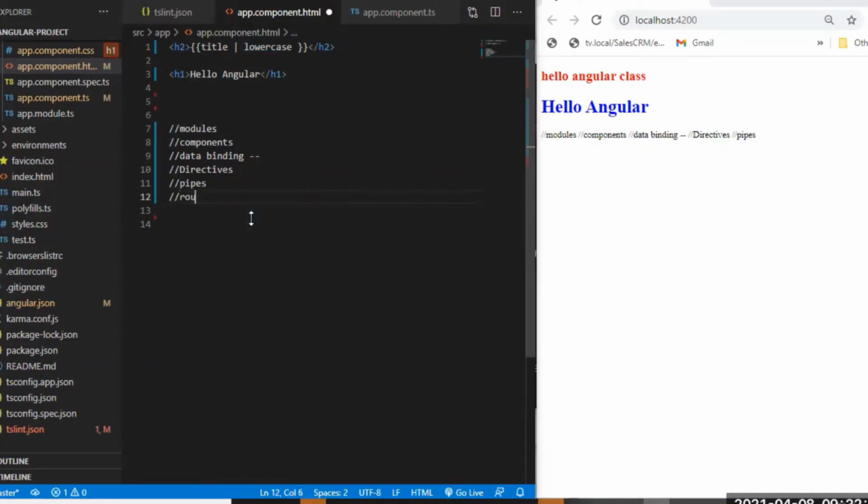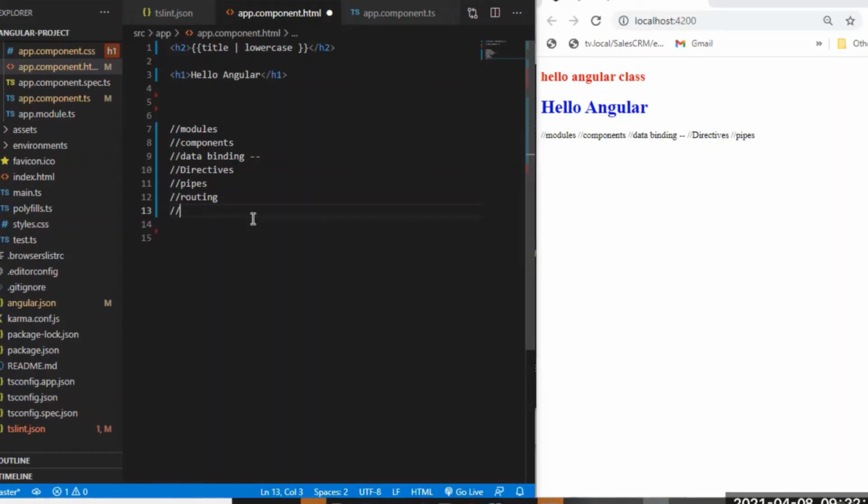Next, Angular routing. We'll see how the routing will work, how we can include the routing files, and how we can manipulate the routes. All that related information we'll see in the routing class. Next, after completing the routing, we will see services as well as dependency injection.